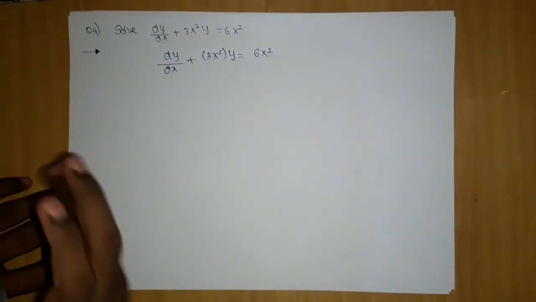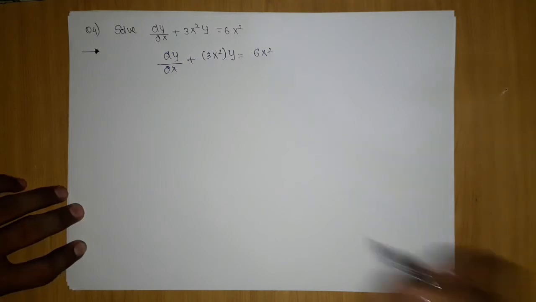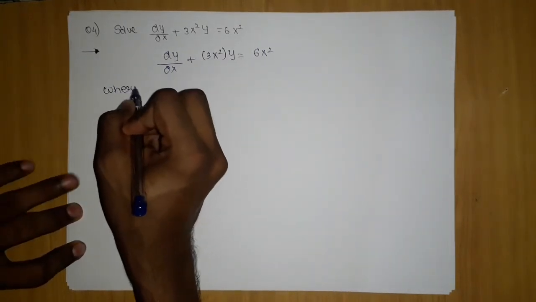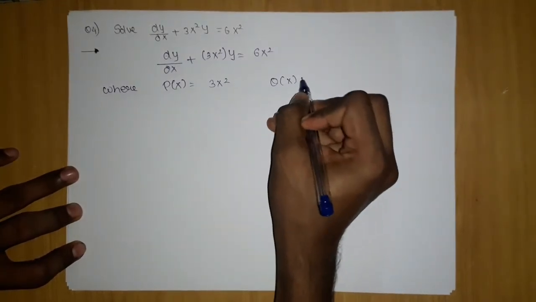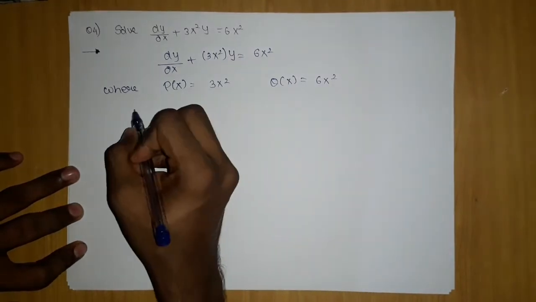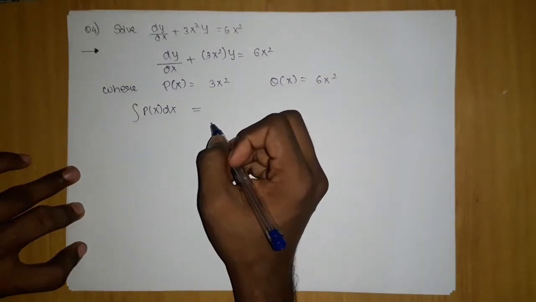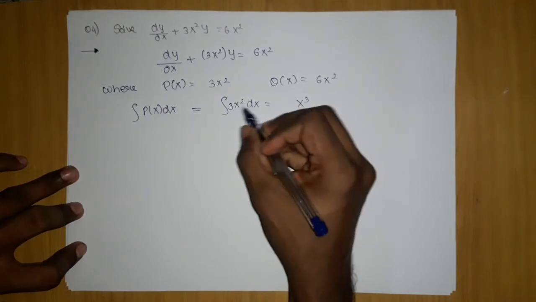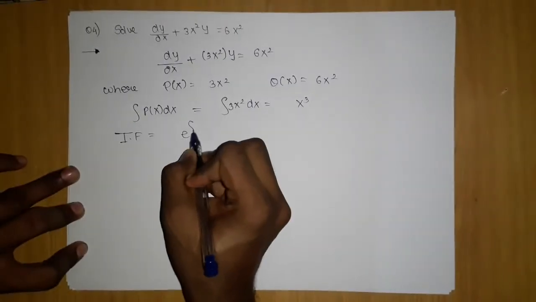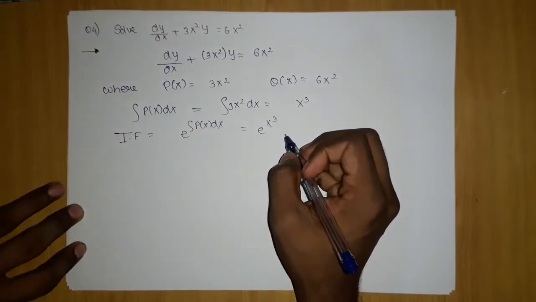So this is a first order linear differential equation of the form dy by dx plus p of x into y equals q of x, where p of x is 3x square, and q of x is 6x square, if I am right. Now you have to go for getting the integral of p of x dx. Why? Because it is a part of our integrating factor. The moment you put that, you are going to get x cube by 3, which will cancel out with this c. So this is your this part. Now the integrating factor is e to the power integral p of x dx, which is nothing but e to the power x cube, right?